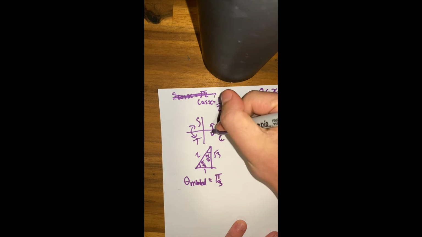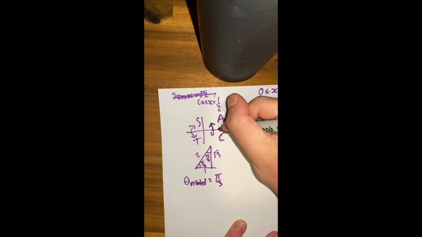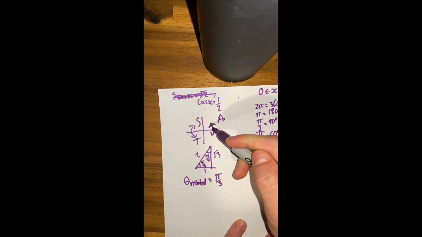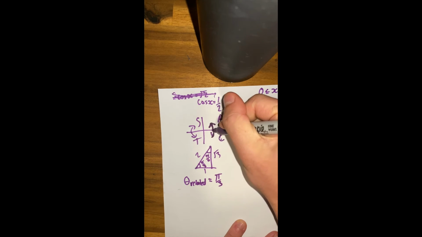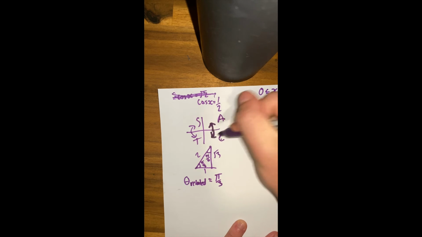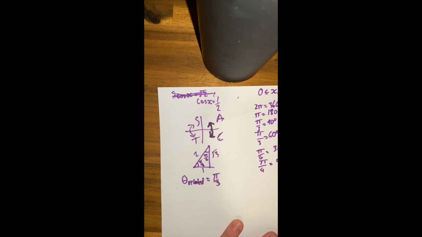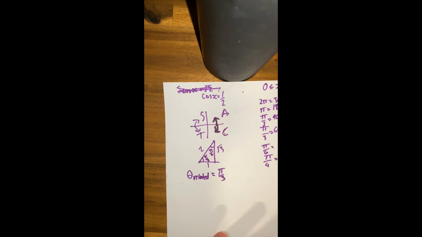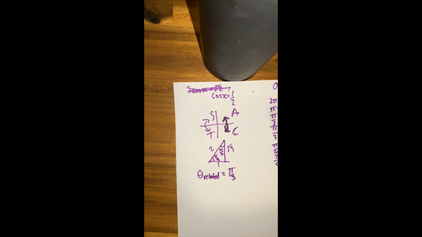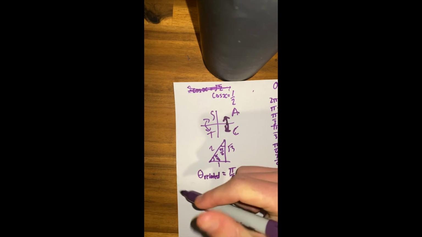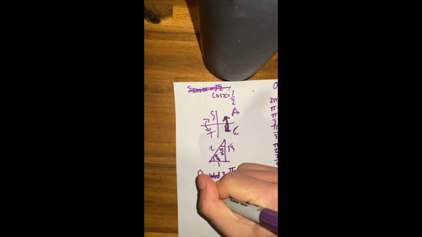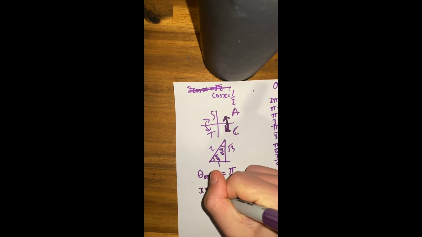So that means we have to move from this x-axis in this direction by the related angle, but we also have to move in this direction as well by the related angle. So if we do that, we start from 0 degrees and we move pi on 3. That means a solution of x is pi on 3,